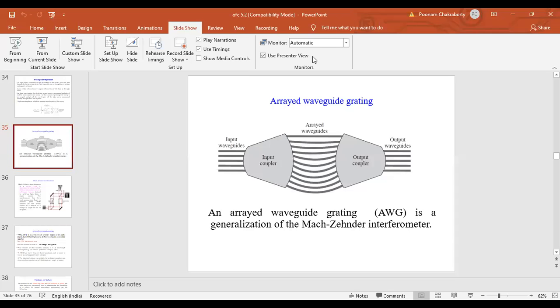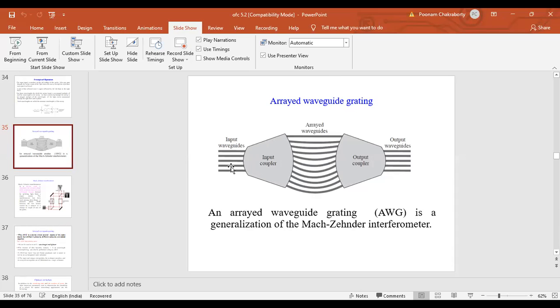Now another important component, also based on gratings, is called the AWG, the arrayed waveguide grating. So what happens is I have an input signal, so input couplers, and from here you can see 1, 2, 3, 4, 5 signals are there. I'm not doing the slideshow because I have to show you again one video. So I call it an input coupler. In this input coupler, you can see so many paths are produced.